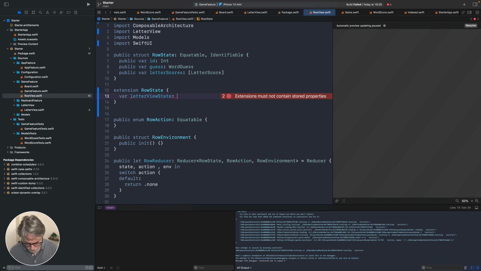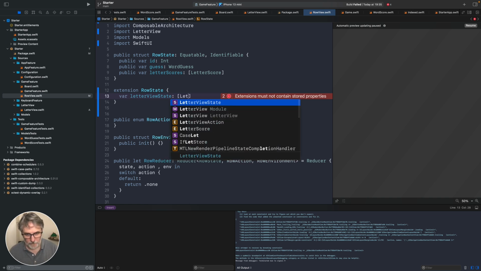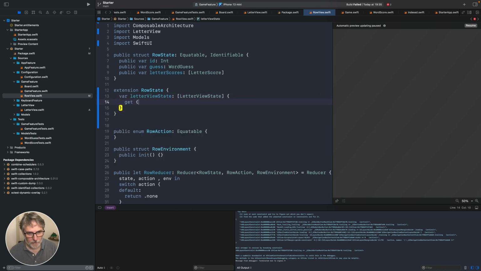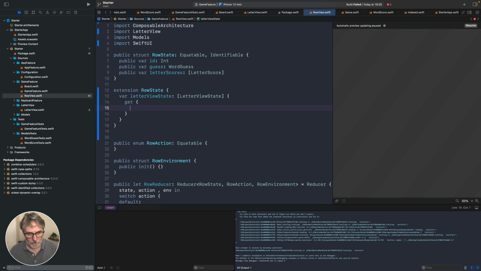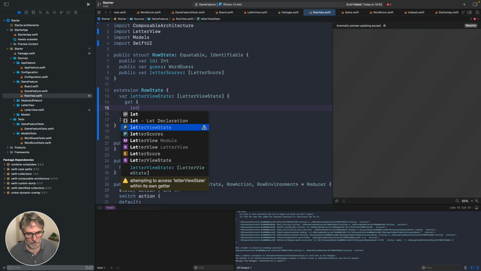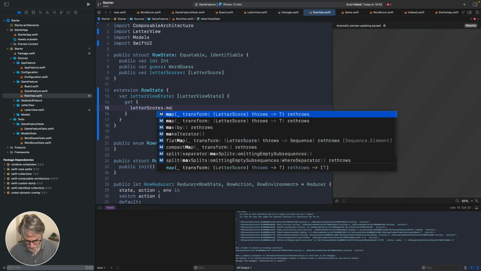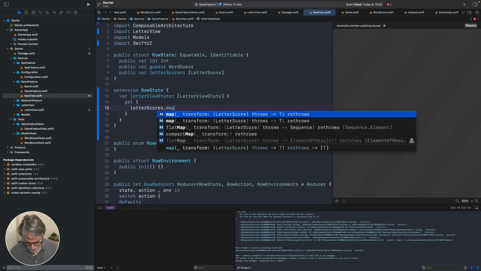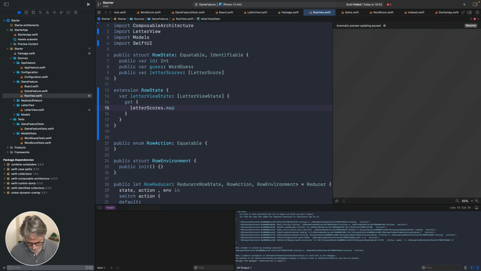Right. Well, you know, I wanted to show you me going wrong as much as going right. I forgot my timer. We're just going to go into a good stopping point today on this one. So basically, we need a letter view states, which is going to be an array. Let's just make an array for starters. Array of letter view state,